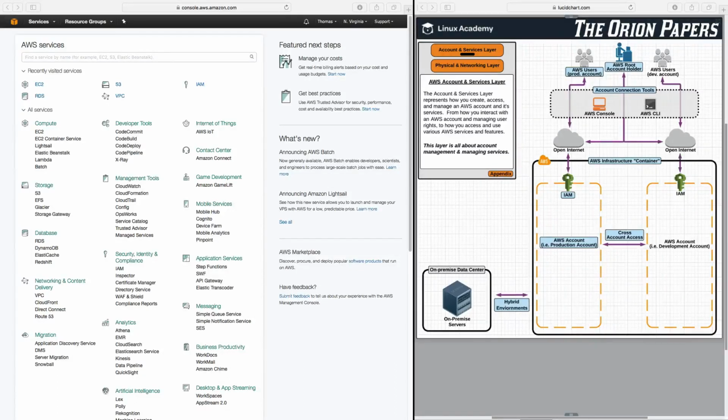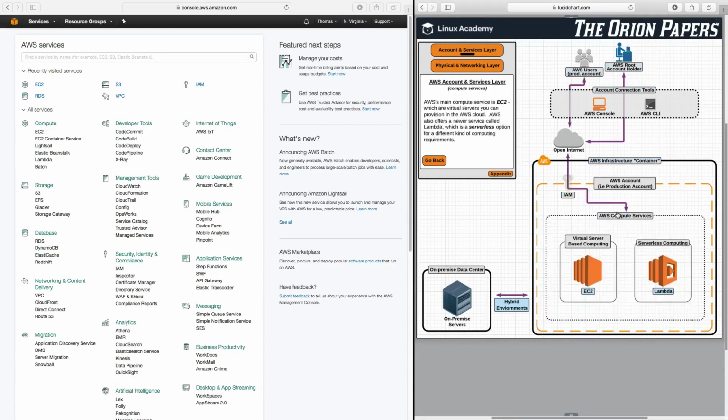Hello and welcome back. Up to this point, we've been talking at length about AWS EC2. However, there is another compute platform provided by AWS that you should be aware of for the CSA exam, and that is AWS Lambda. So over here in the Orion papers, let's click on Account, then onto Compute, and then